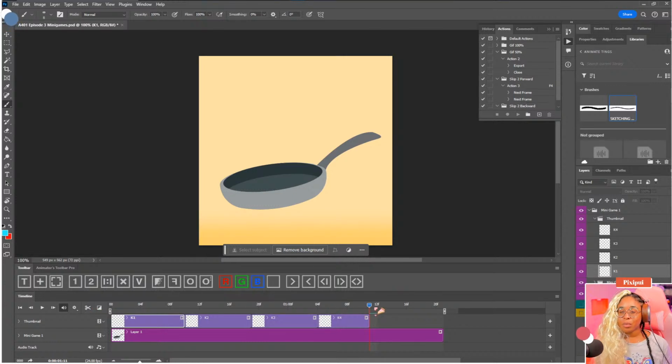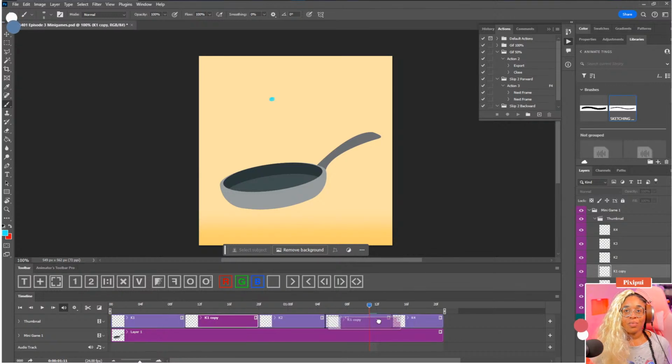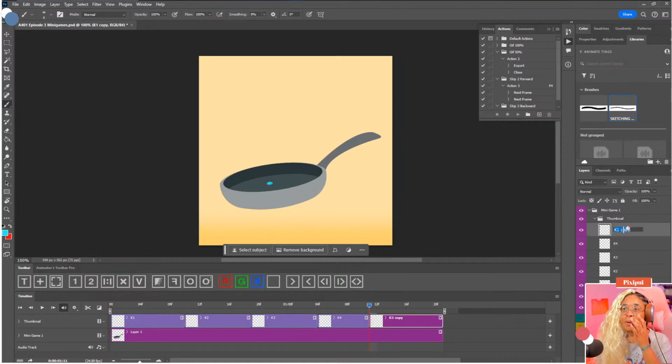Right, so the last frame should be the same as the first frame. I'm just going to duplicate this one, which is the ping pong or the pong looking one. There we go. We've got this. It's called key copy, and I'm going to call this K5. So now if we play it back,